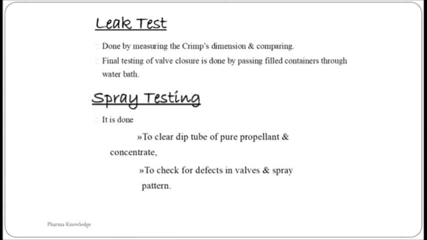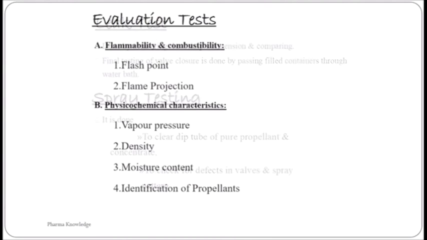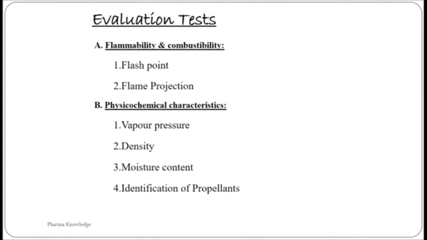And also the cold filling method requires chilling of all components including the concentrate and propellant, and this process is carried out at a temperature of minus 30 or minus 40 degrees Fahrenheit. In contrast, the pressure filling method is carried out at room temperature. So the cold filling method is restricted to non-aqueous products